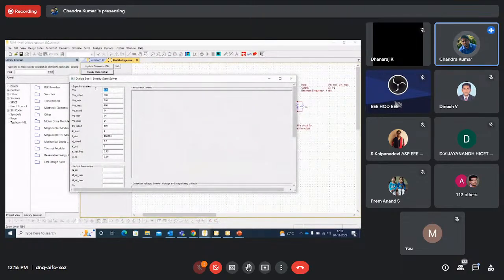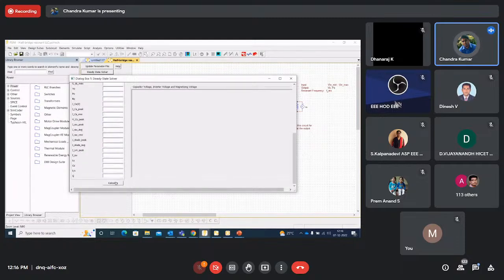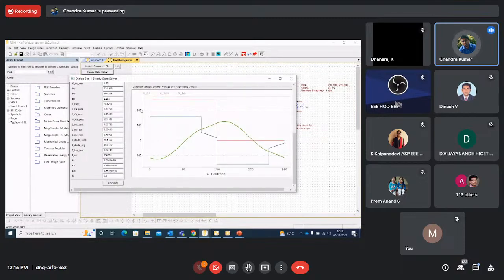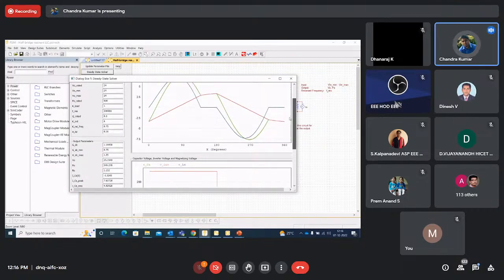See, I give my input voltage 270 rated voltage, a minimum and maximum, and output from input 300. I want to step down to 24 volts, and power output is 500 watt, and the resonance frequency is 200k. And if you want to calculate it, just come down, you calculate it, you get all the calculated parameters. Can you see here? This is the calculated parameters which automatically calculates for you. This is the beauty of the tool.